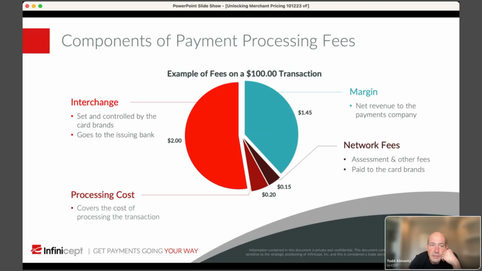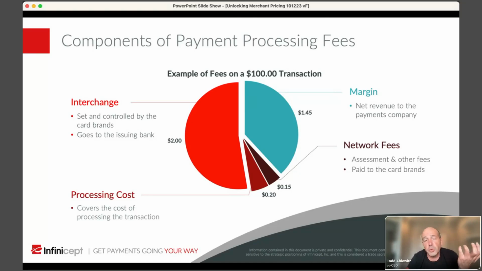So for processing cost, the processing cost ultimately goes to the entity that sold you the payment service. So in the case of, let's say, a Square, they would be ultimately collecting the processing cost, and that gets paid, if they use a third-party processor, to the third-party processor and the acquiring bank. In the case of an acquirer like JP Morgan, they own their processing system. They sell merchants directly. They are a bank. So it's only one entity getting the processing cost and the margin.